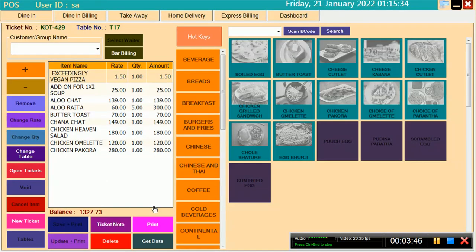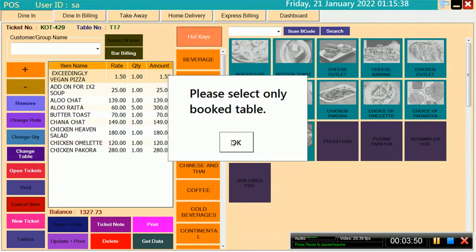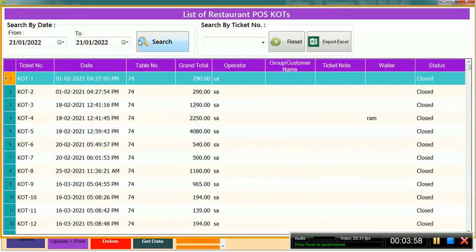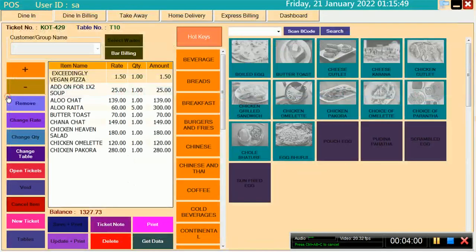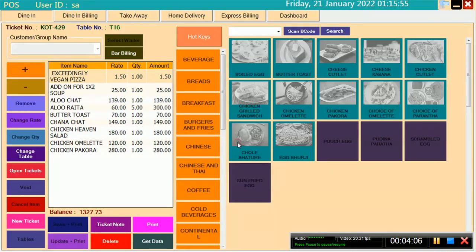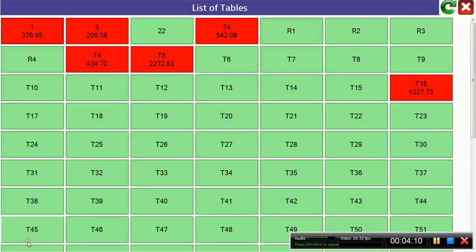Any issue that the table is not ready or anything, you can change table. We are giving table 16. Now table is changed.